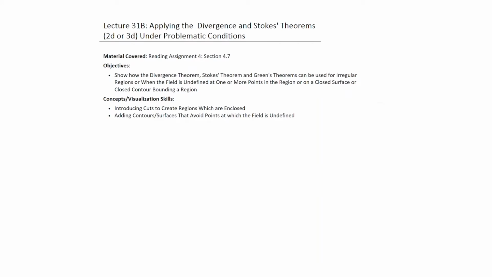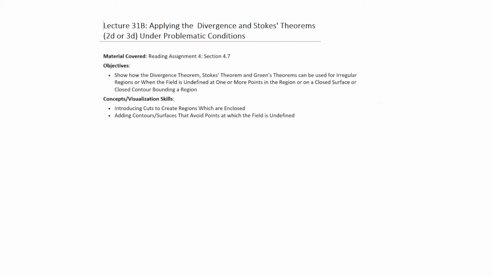Welcome to Lecture 31B. Here basically we're going to apply the divergence and Stokes theorems, that is the 2D or 3D representation, under problematic conditions which I'll define shortly. The material for this lecture comes from Reading Assignment 4, Section 4.7, and the objectives are to show how